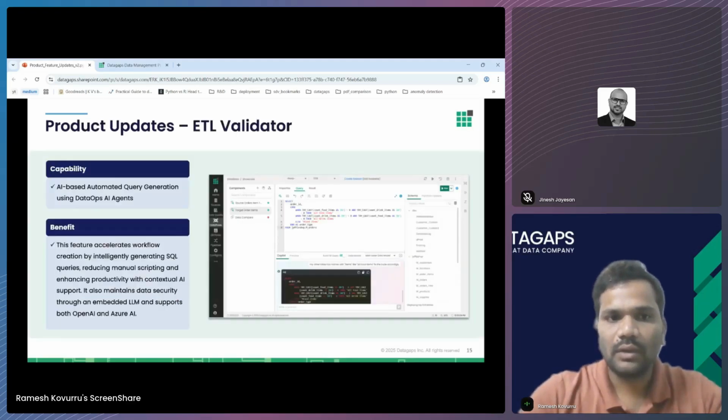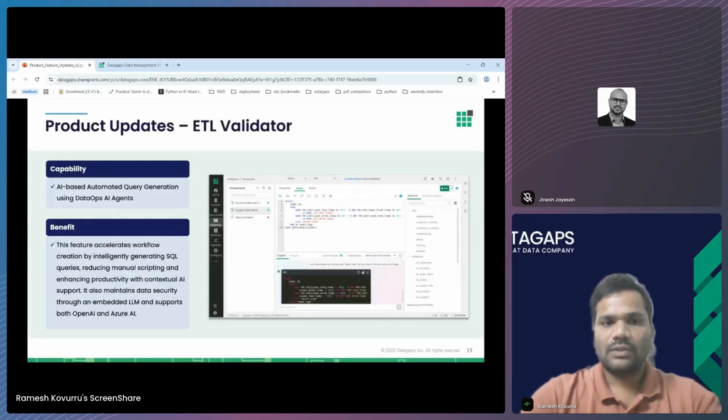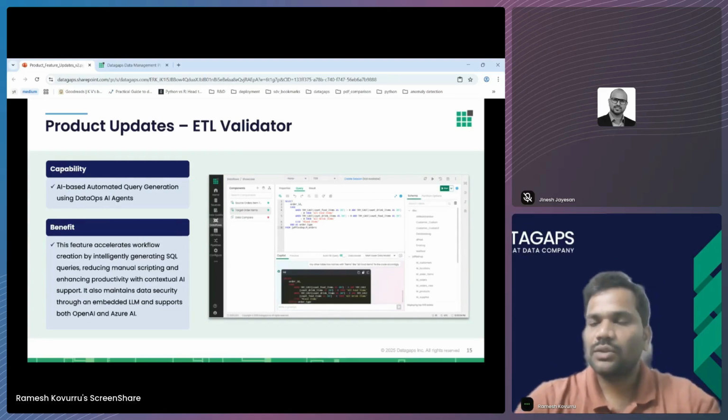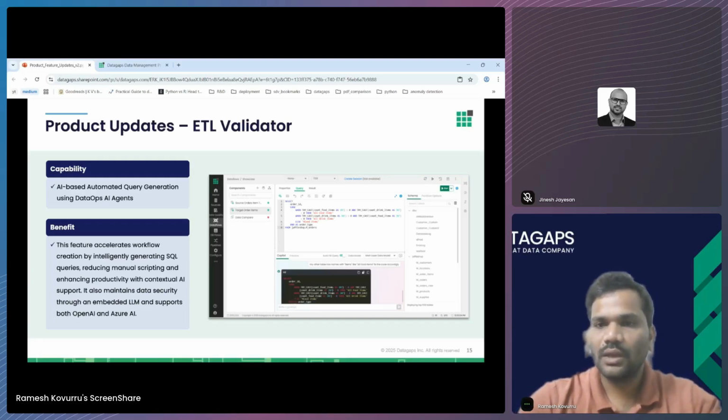So let me get into the ETL Validator items. The first one is automatic query generation using DataOps agents. Previously we used to support OpenAI and Azure OpenAI, where we directly interact with those servers, typically to generate queries and rules and all these things. But now we have an embedded LLM that we ship along with our application, which has agents